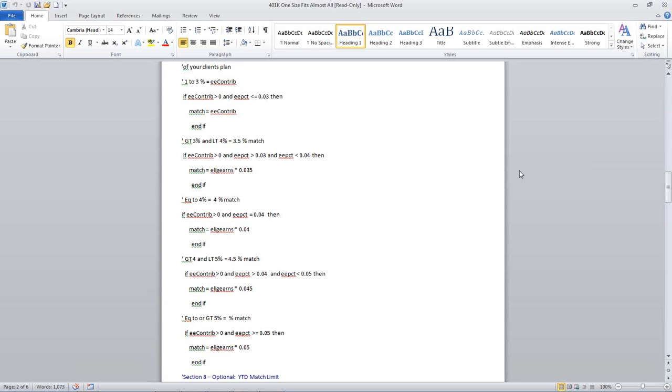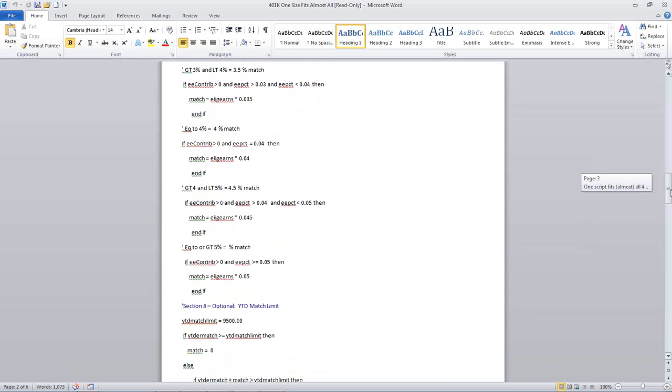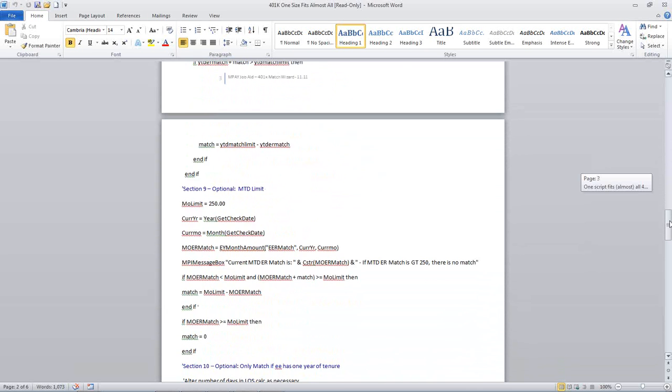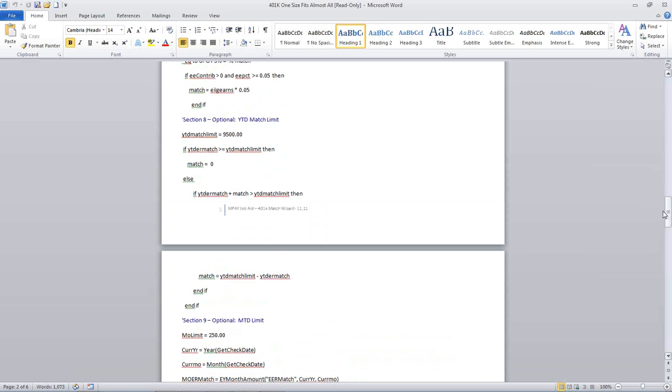So once we've chosen section 5, 6, or 7, then we get into our options. And over here, the first one is: is there a year-to-date match limit? How much actually will the company allow them to match?